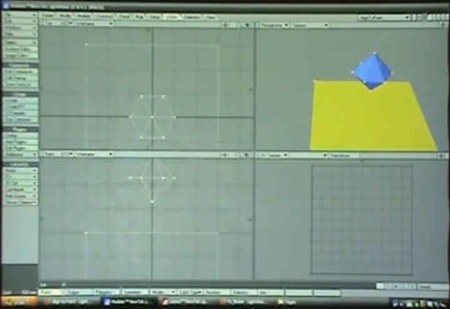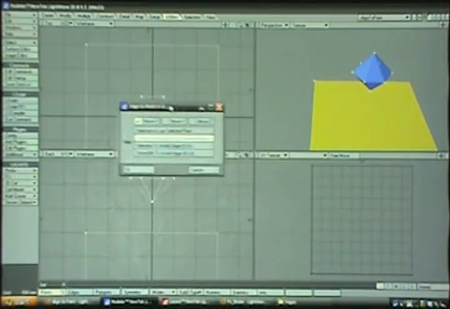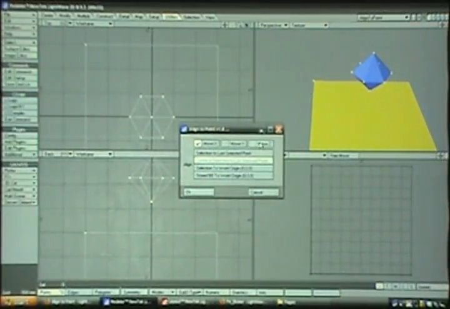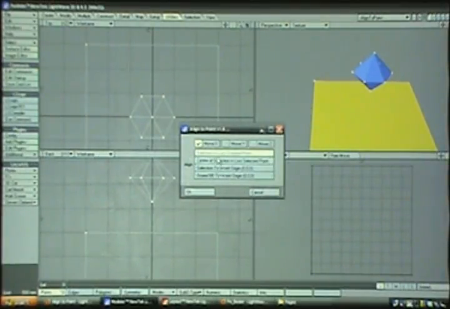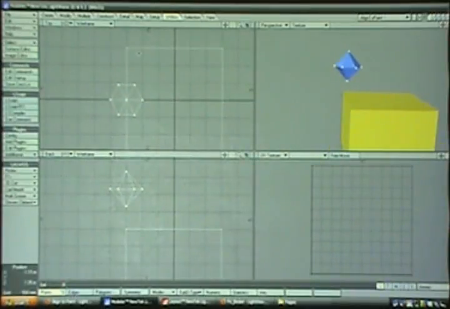Let me zoom in. Goes align to point, and here are the options. Everybody see that? Move it on the X, the Y, or the Z. He misspelled it. We can put the selection to the last point, so it would put the center of the selection. Let's go ahead and try that one. So you can see it actually put the center in here. You can see it really good. So this was the point I was targeting, and it aligned the center of this mesh to the x-axis of